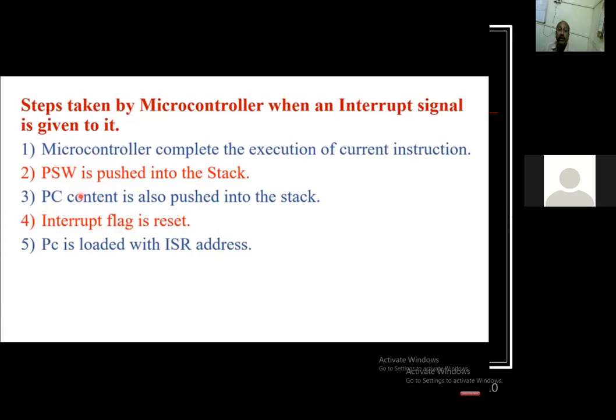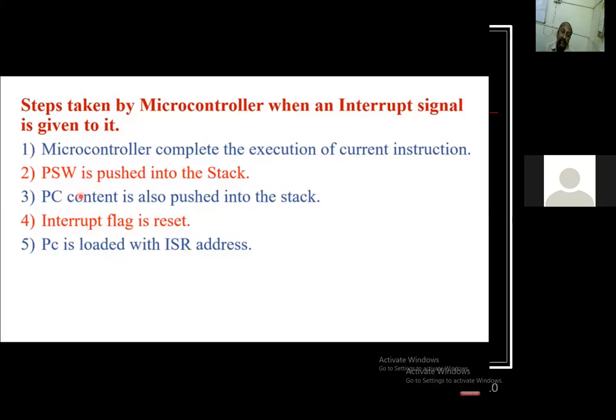And then the interrupt flag is reset. This is also a very important step. Whichever flag has occurred, I received that, acknowledged that, and I have to reset that flag. This is the IF flag. The flag is related to the external hardware interrupt, which we have seen in the two registers, that is IE and IP.